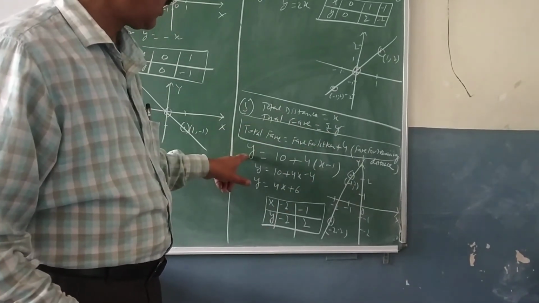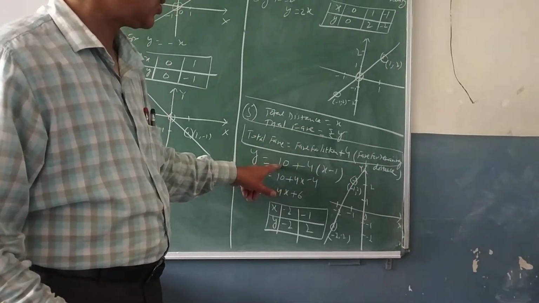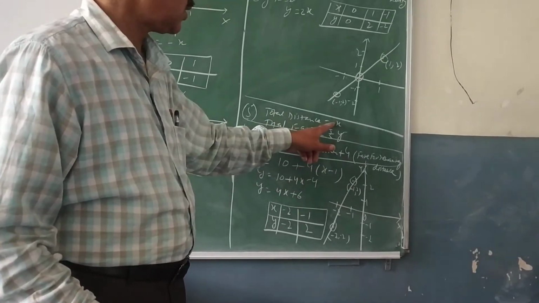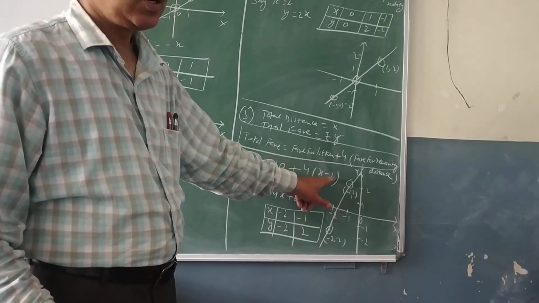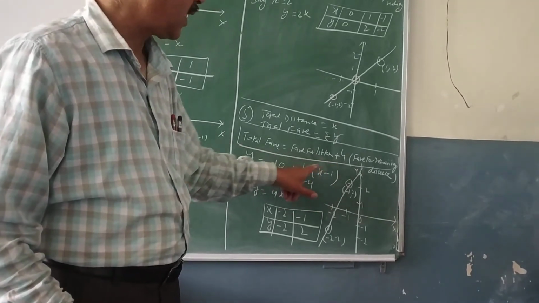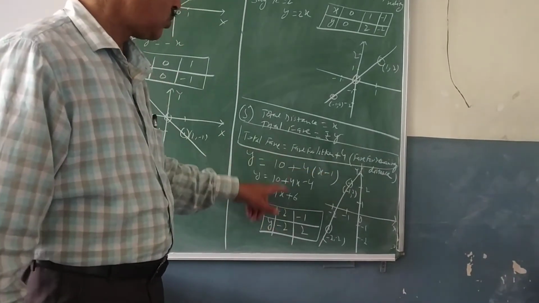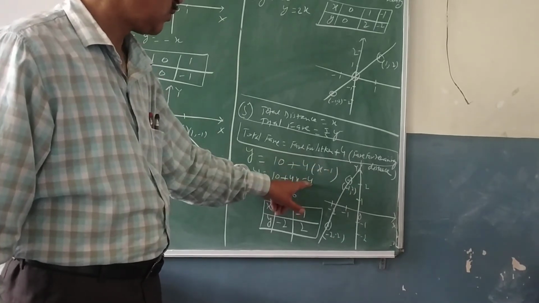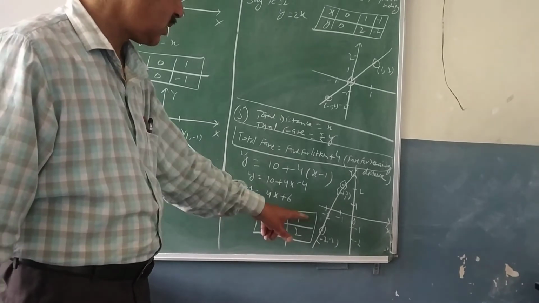So total fare I am taking is y. For first kilometer, according to the condition, it was paid ₹10. And for the remaining, now what is the remaining? If total is x, for first kilometer already I have paid, so remaining will be x minus 1. And these many kilometers were paid at the rate of ₹4, so it will be 4 into (x minus 1). Then you solve this, 10 plus 4x, minus 4 into 1 is 4, 10 minus 4 will make it plus 6, so 4x plus 6 will be there.